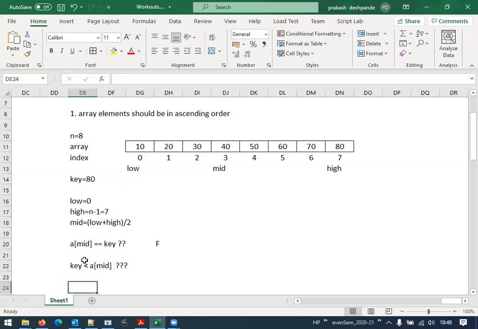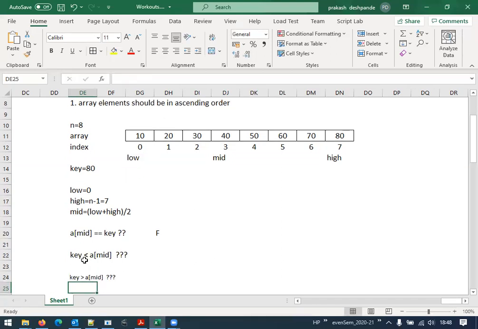The other possibility could be what? Key can be greater than A of mid. This is the second possibility. The first one is ruled out because the 80 is not at the mid position.